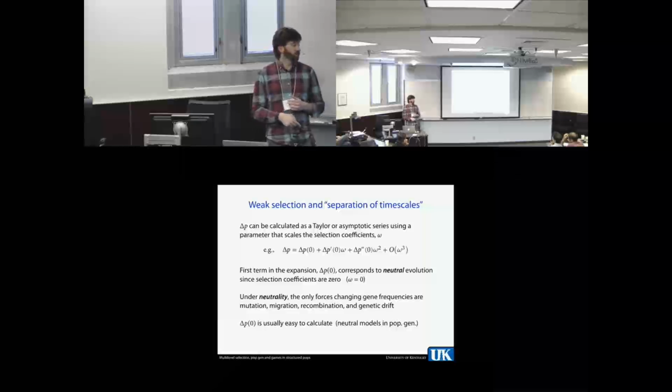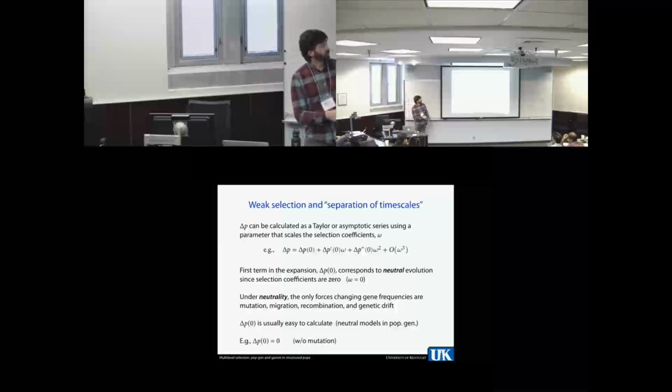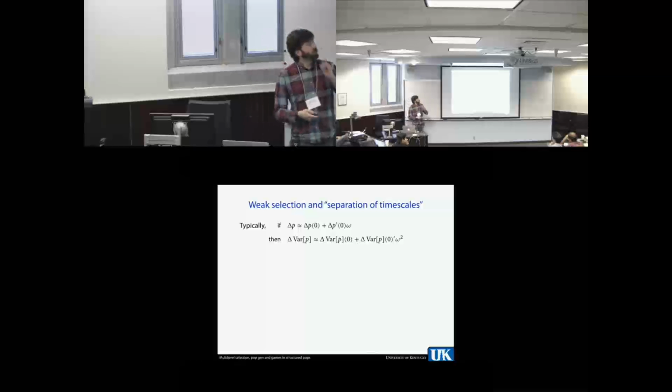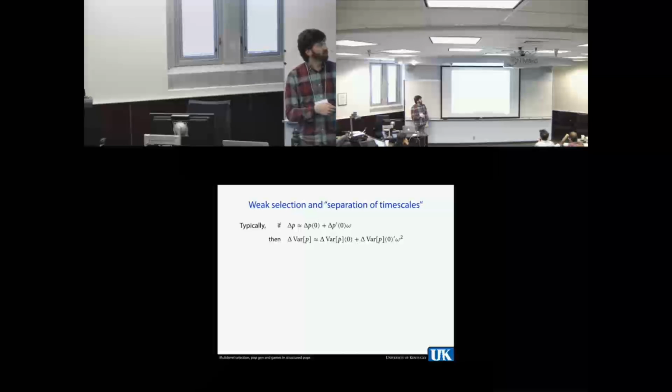This is the study of a lot of work in population genetics, studying how these neutral models work. In the simplest case, if we think about a single allele and there's no mutation, then that change under neutrality is just 0. That's the simplest possible example. Typically, if we're going to cut off all the higher order terms, and we're going to say that selection is weak enough that all that matters is this neutral change plus some first order effect of selection, if we do that for the mean,